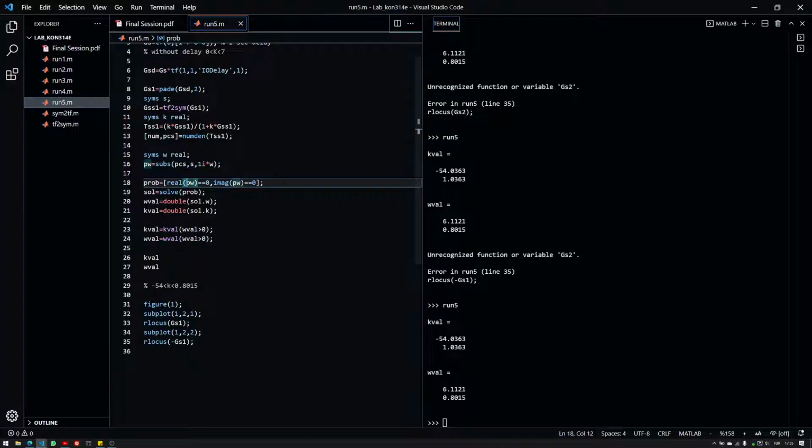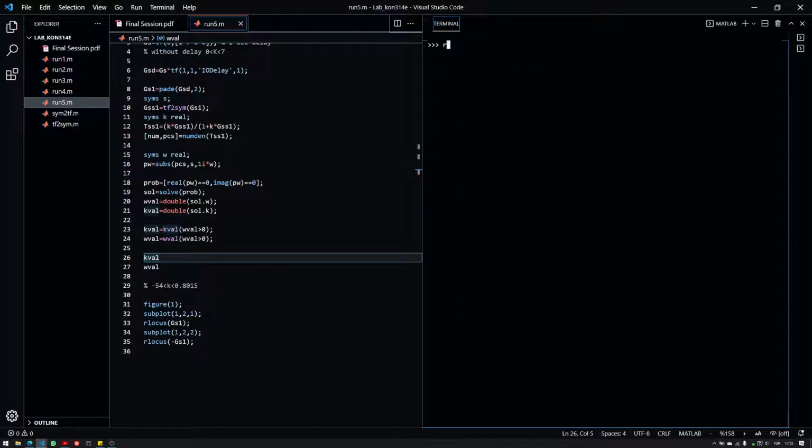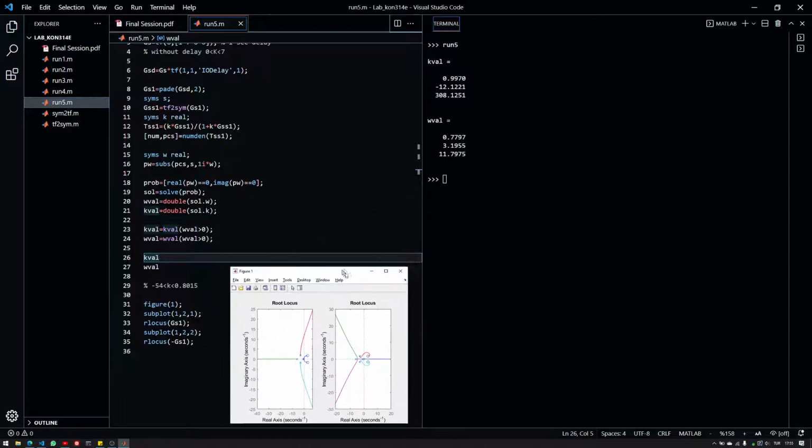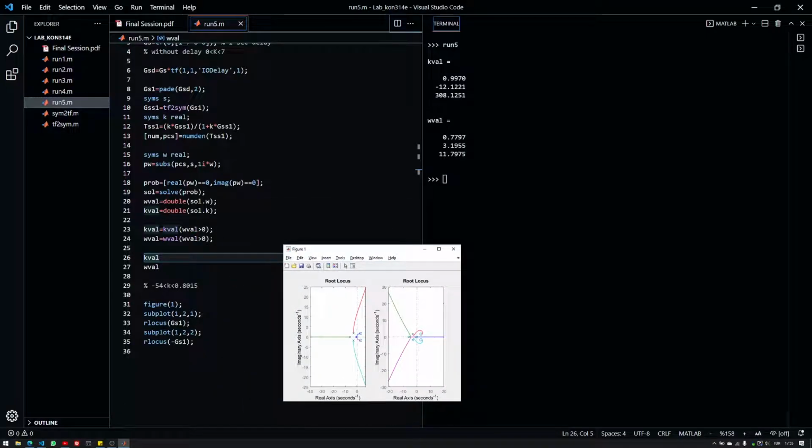We would substitute. So you can see that this is basically adaptable. So it should work for higher order too. Now we have a bit more. So we can see that there are 2 crossings for positive k values. One is 0.9970 and omega is 0.77, and then 308 for 11, and then there's also a negative interval, which